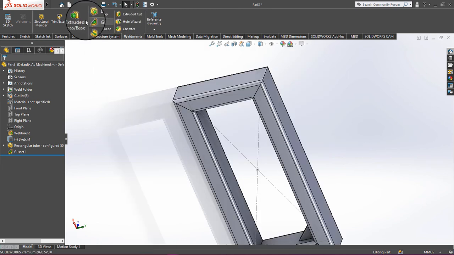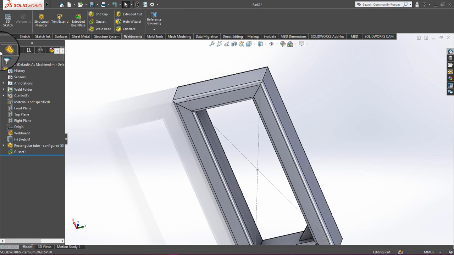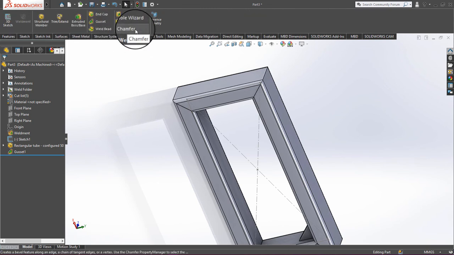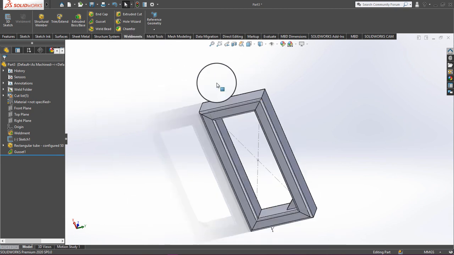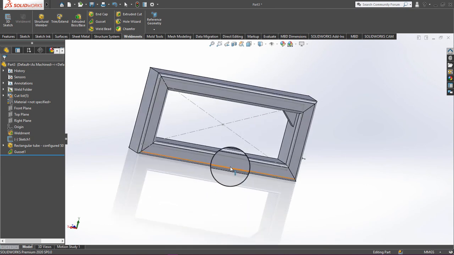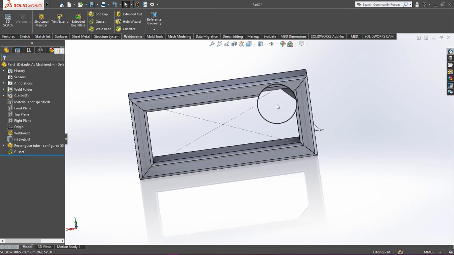We already know about extrude cut and extrude boss base from our previous videos, and these features are also available in weldments, like extrude and extrude cut. The same feature works here. Click on the weldments again. Hole wizard is also available in our features, and we have already discussed it in our previous lectures. The chamfer tool is almost the same, there is no difference. So we have almost discussed all the tools for weldments. We have learned about weldment profiles.